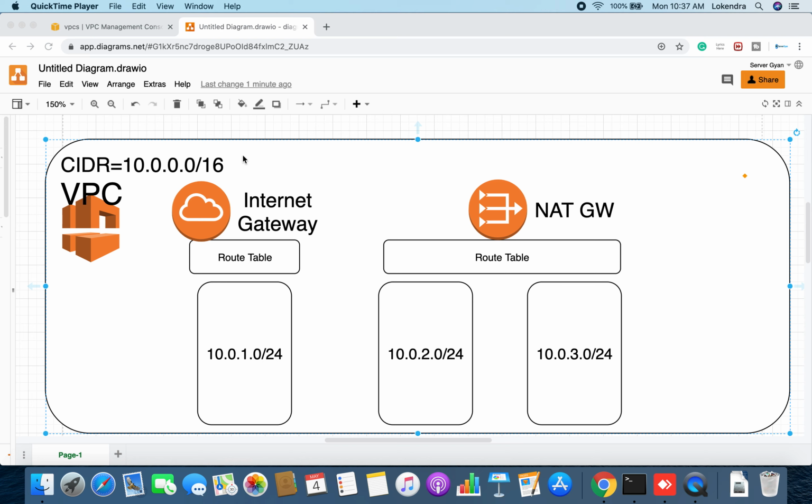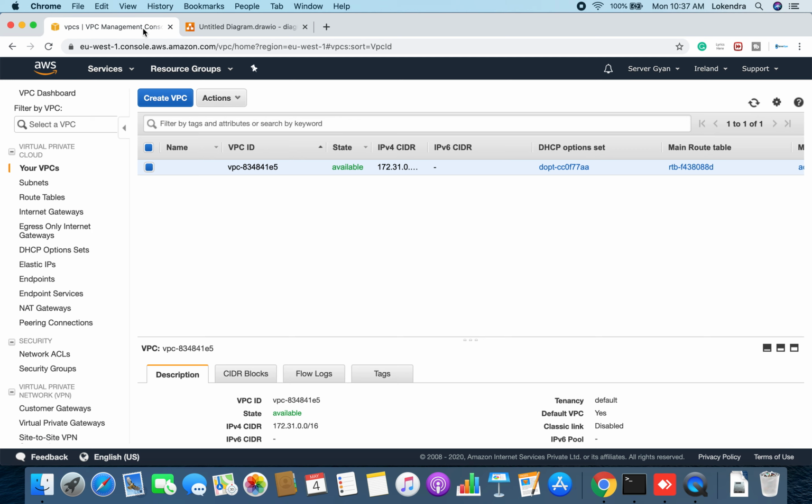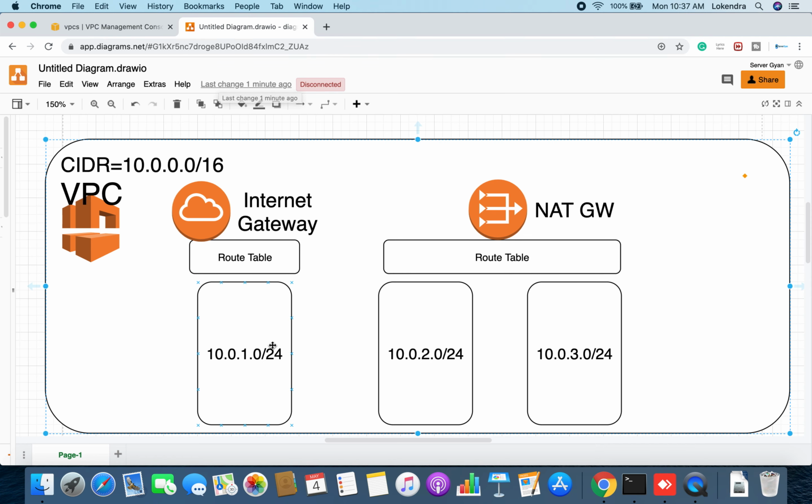So how do we create an internet gateway, and what should be the sequence of creating components inside a VPC? Okay, let us go here. So this should be the sequence. First of all, you will create the VPC. Then you will create subnets out of that CIDR block. Then you will create route tables. Then you will create gateways, and accordingly you will associate them. So first we will create this VPC, then these subnets, then these route tables, then these gateways.